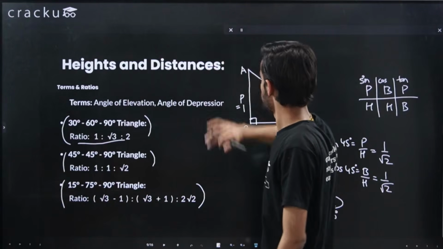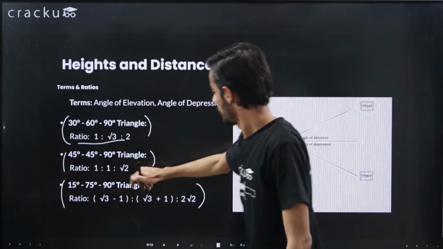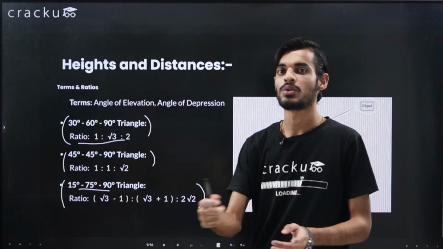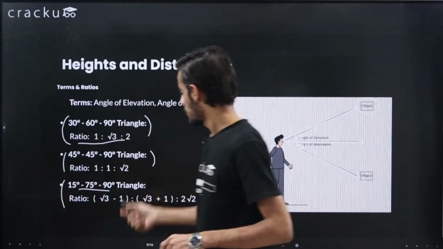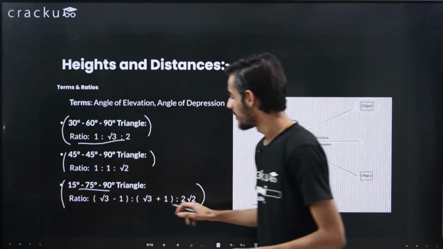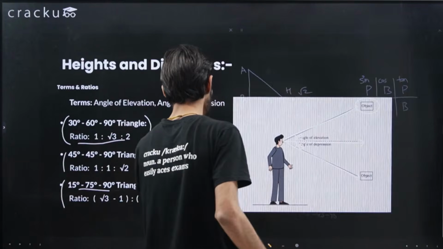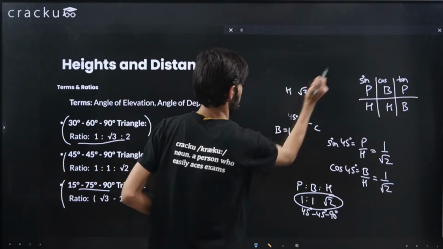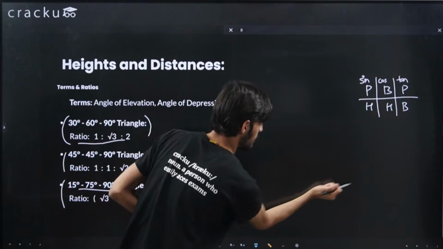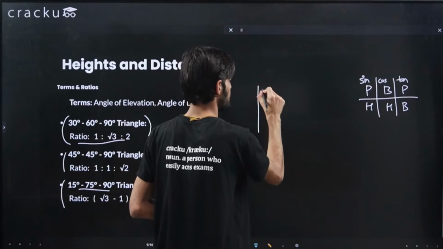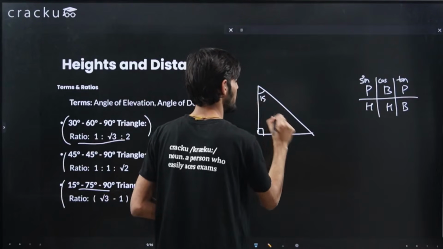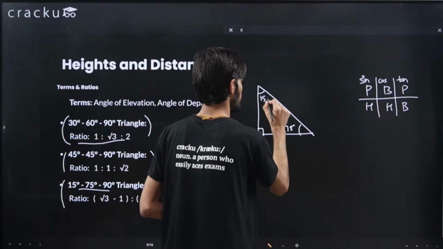And there is no explanation for this, because we don't know the value of sine 15 or 75. We just know the values for 0, 30, 45, 60 and 90 degrees. But we have seen a few questions from this triangle also, 15, 75 and 90. So you can just directly remember this. In the same example, this is the triangle, and this is 90 degrees. Let's say one angle is 15 degrees and one angle is 75 degrees, just assuming the values.